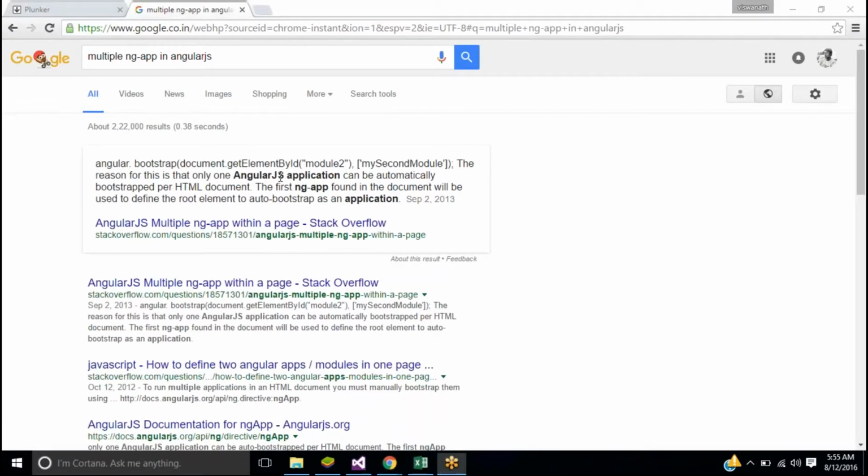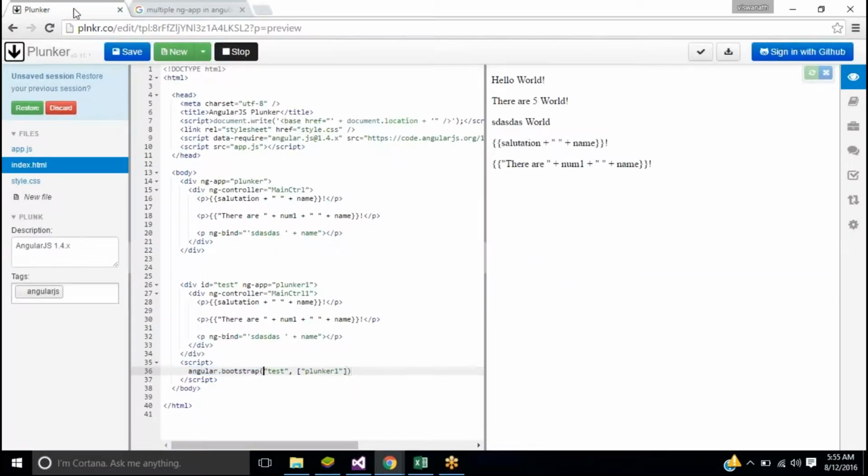Okay, you have to use this getElementById. Sorry, I was trying to do it in the jQuery way, but you have to do it with normal document.getElementById test, right?